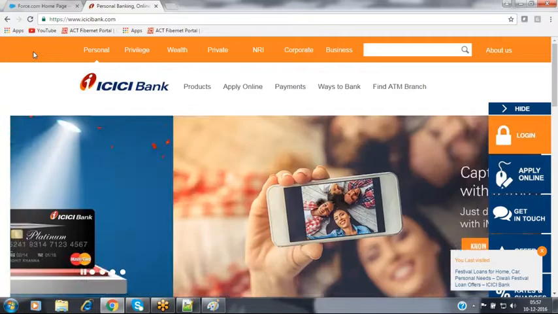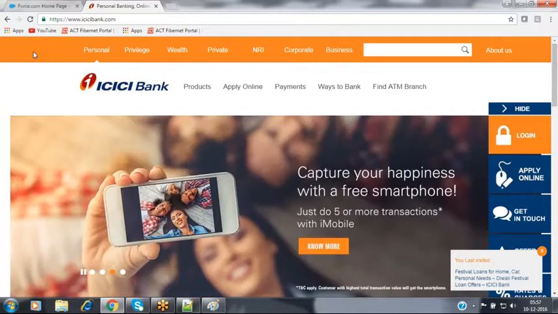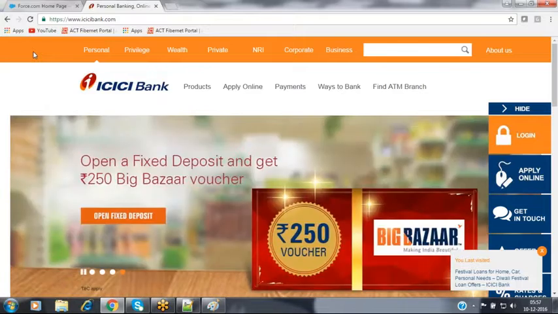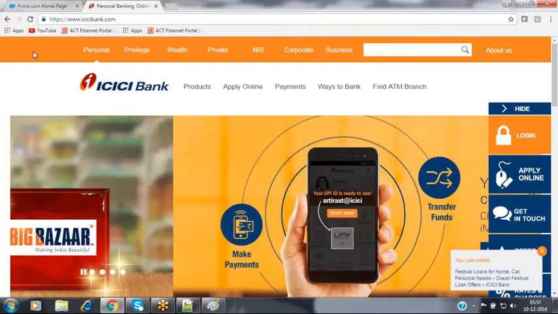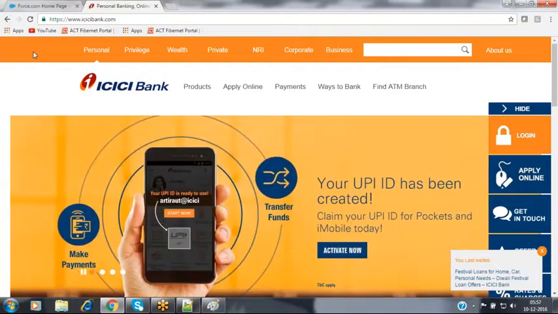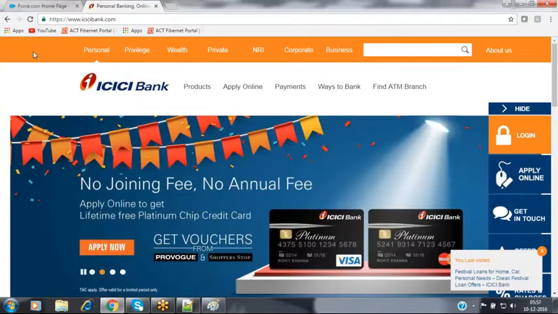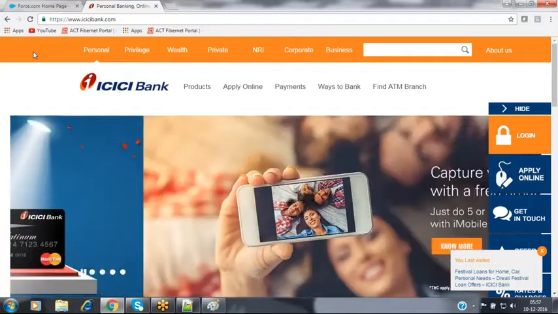During that campaign's time, I was out of station, so I was unable to visit that campaign, and I recently came back to the city. Now ICICI Bank is not conducting any campaigns in my location. Moreover, we don't have any ICICI Bank branch nearby; it is very far from my place. Unfortunately, I'm not able to spend the time to visit the bank branch and open a new account.